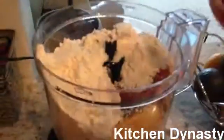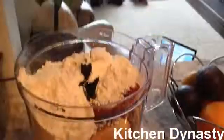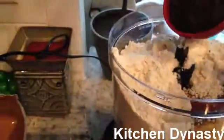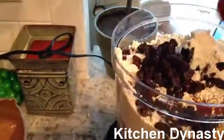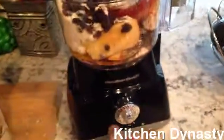So you can see the food processor is getting kind of full. That's fine. I add the raisins. I'm adding a 1/2 cup organic raisins. Put the top on the food processor. Now I'm going to grind it and see how the...